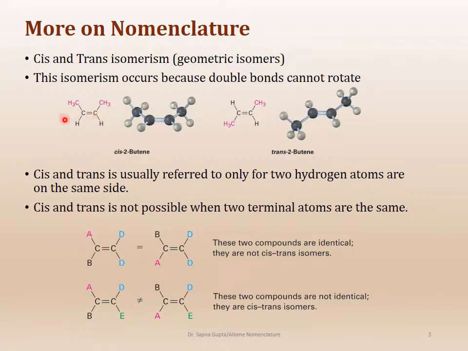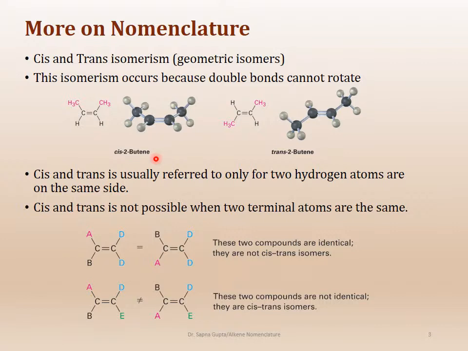Okay, one is like this, in which the two hydrogens are on the same side, and another one where hydrogens are on the opposite side. When the hydrogens are on the same side, it's called cis, and when they're on the opposite side, they're called trans. And the reason we have to call them cis and trans is because this orientation stays the way it is. You cannot change that without breaking a bond, and therefore it is kind of like a constitutional isomer, but